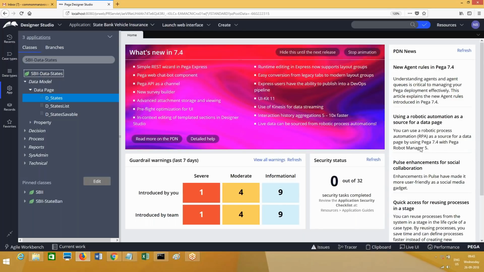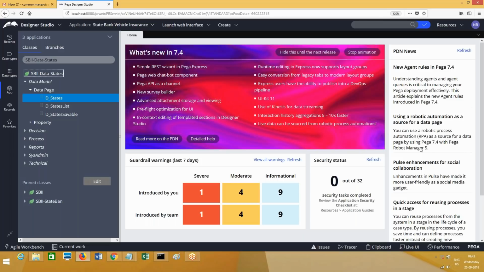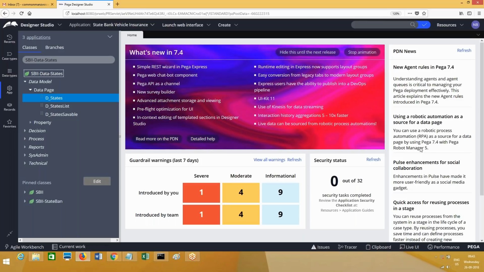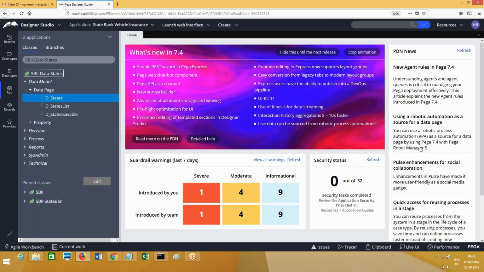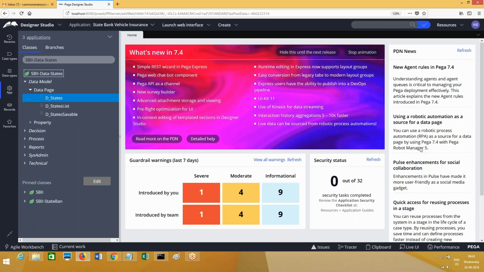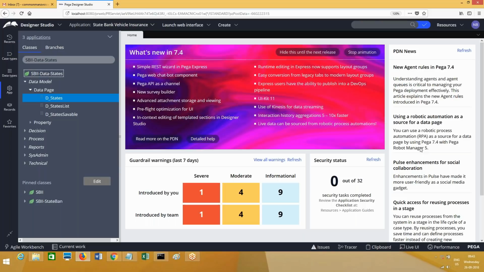So this is how we can perform exception handling in different ways: at the activity level, in data pages using the post load processing activity, in connector rules using the connection problem flow, and in service rules using the properties available in the fault stack. In the fault stack itself, we can define the stream rules by defining the when keys. This is how exception handling can be done in PRPC.